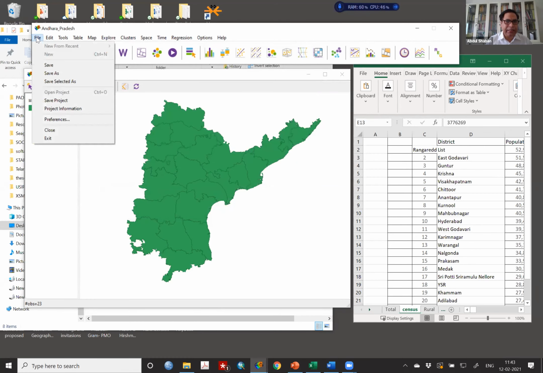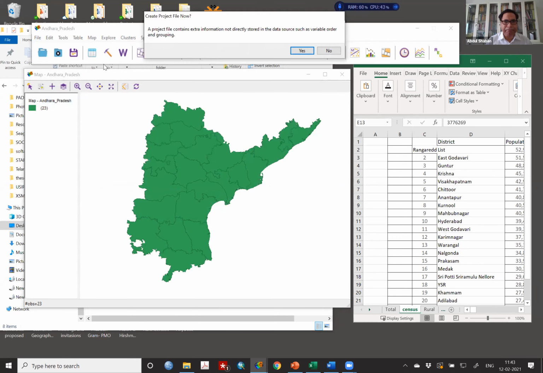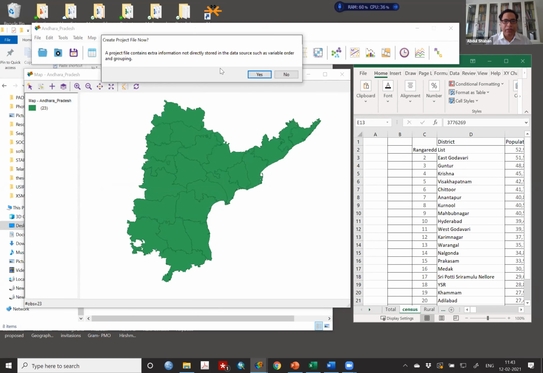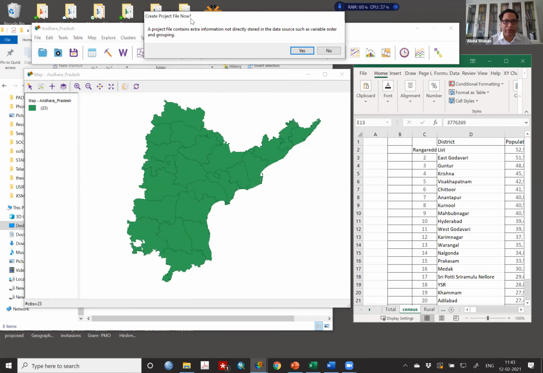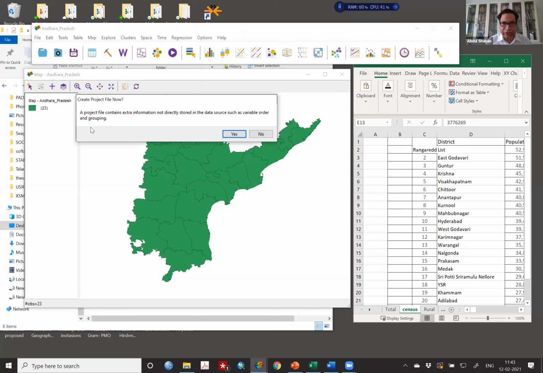But if you say save project, look at what it shows me, this is a new addition: a project file contains extra information not directly stored in the data source, such as variable order and grouping. A project file means that whatsoever analysis and additions you do will be stored together.